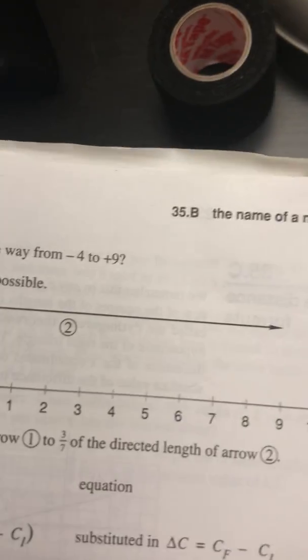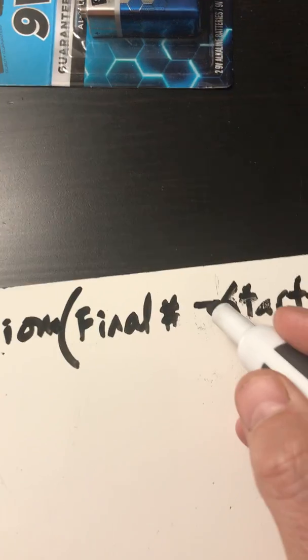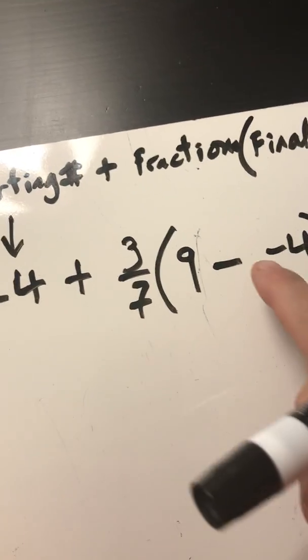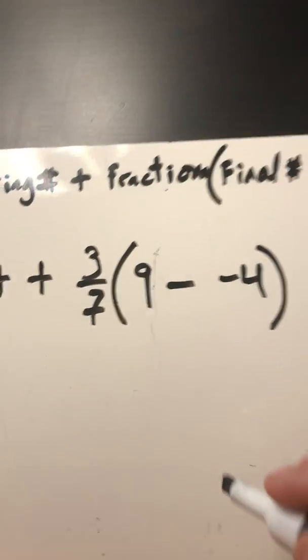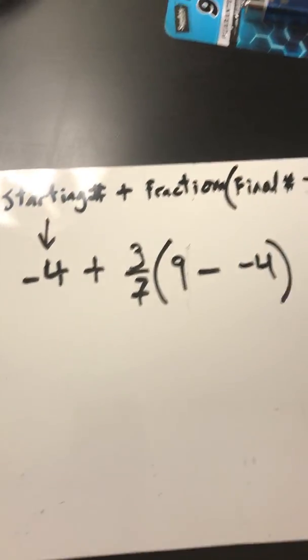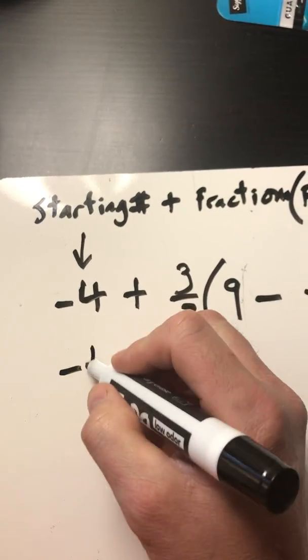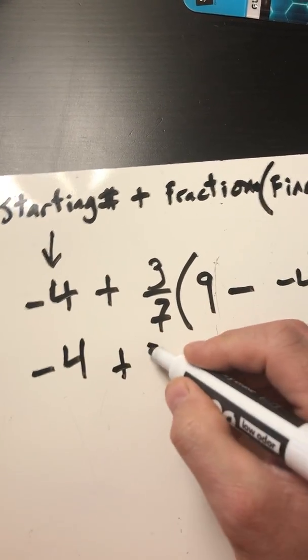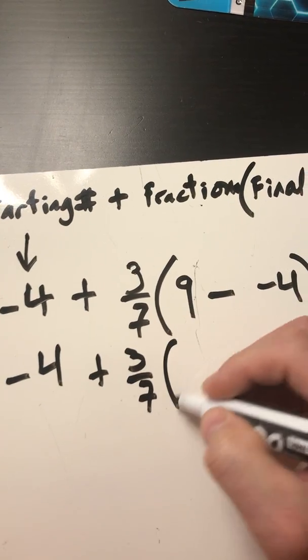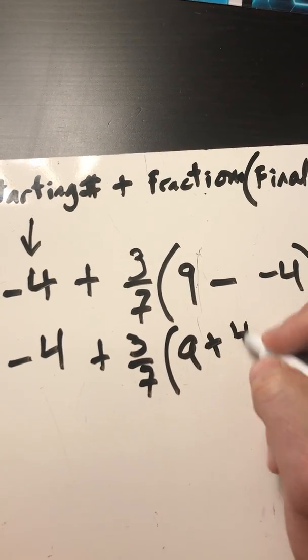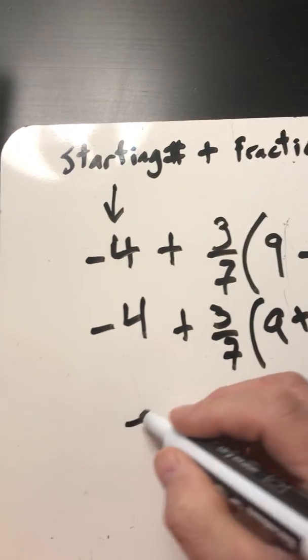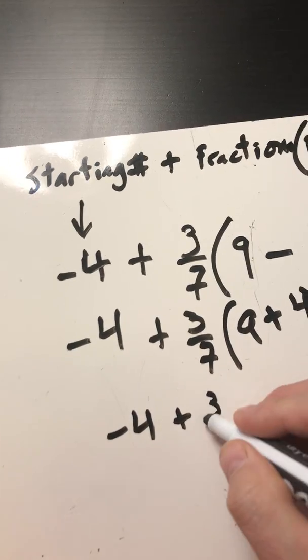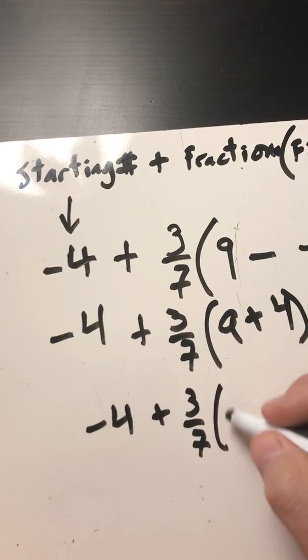Well, the final number is 9 minus, it's the difference between the two, -4. You have to be real careful when you have minus and negative, right? Don't just put -4. It's minus -4. So that's going to be -4 plus 3/7 times 9 plus 4. That's -4 plus 3/7 times 13,